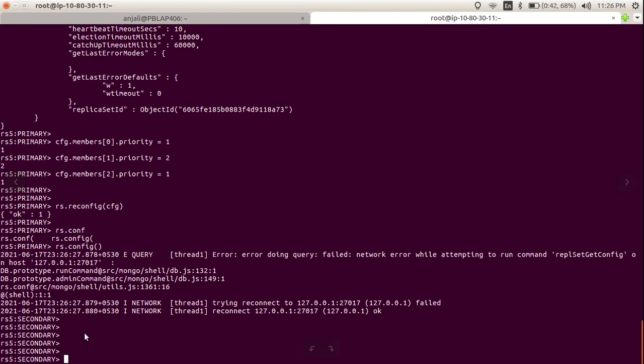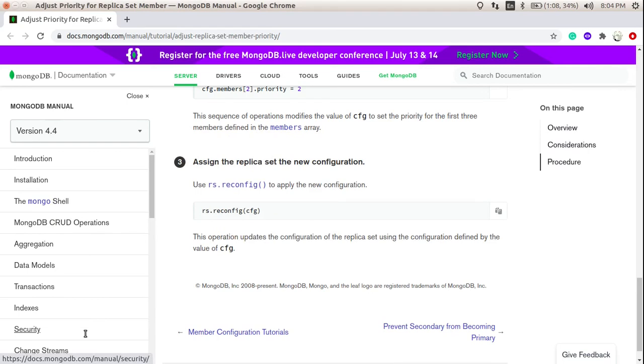So this is how we have changed the priorities, and how we can forcefully enable a member to become the primary server by giving it a higher priority. Or if we want some member to be secondary only, then we can downgrade its priority.